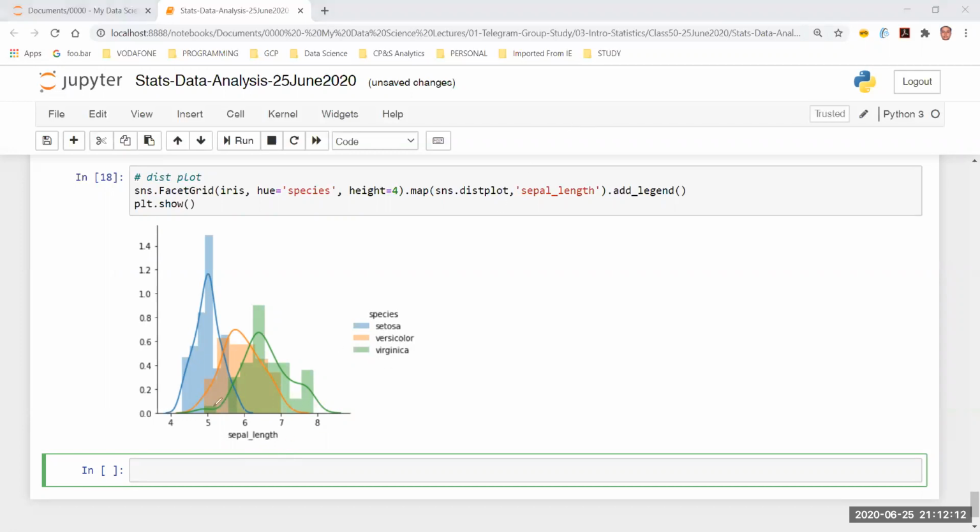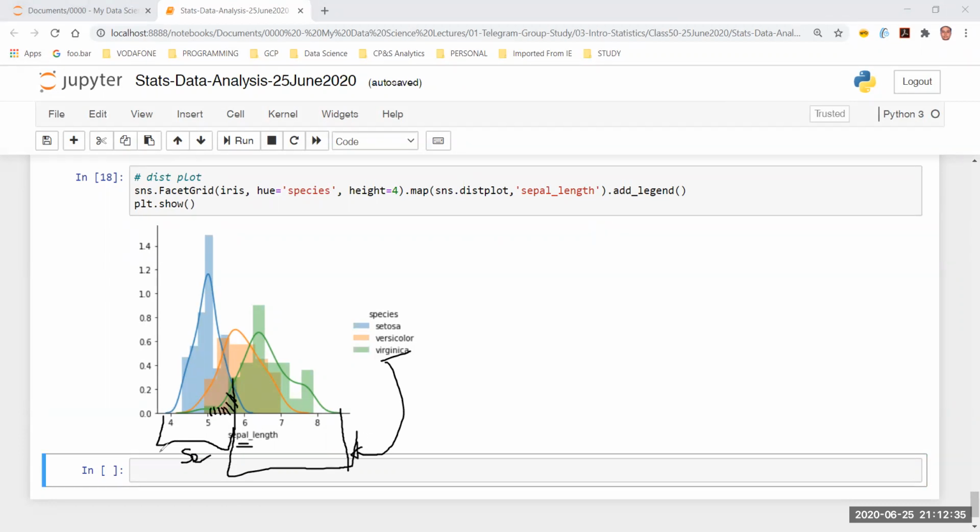Can I do that? The answer is yes, because the area under the curve in this section is very small. So I can clearly write a code which is something like this. Anything that falls within this range of sepal length is going to be setosa, and anything which falls within this range, the green one, is going to be virginica. That I can do.